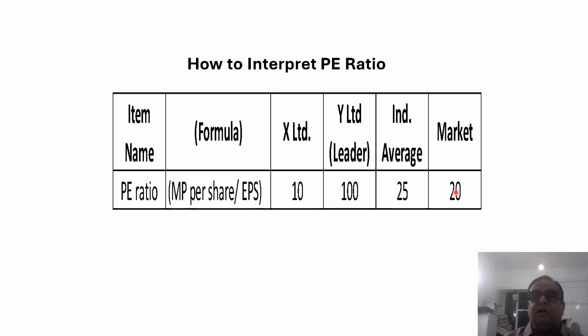and definitely this 20 should be lower than the industry, because the industry is only about 200 companies, while in the market there are 10,000 companies. So generally the P/E ratio would be lower in the case of a market, while in the case of an industry it would be slightly higher. But the leader would always be the leader.